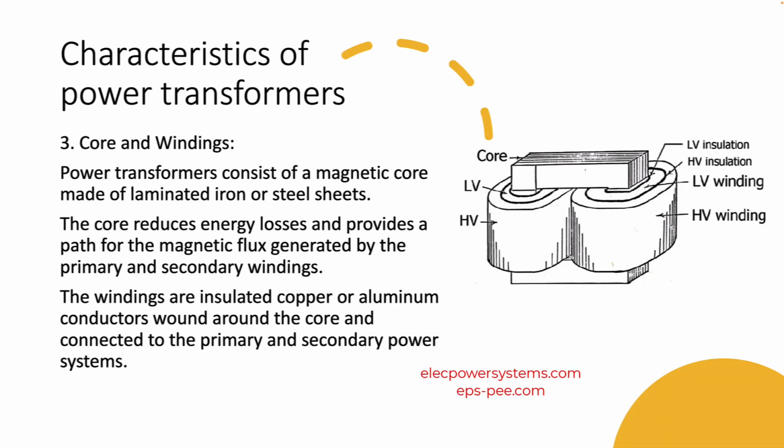Core and windings. Power transformers consist of a magnetic core made of laminated iron or steel sheets. The core reduces energy losses and provides a path for the magnetic flux generated by the primary and secondary windings. The windings are insulated copper or aluminum conductors wound around the core and connected to the primary and secondary power